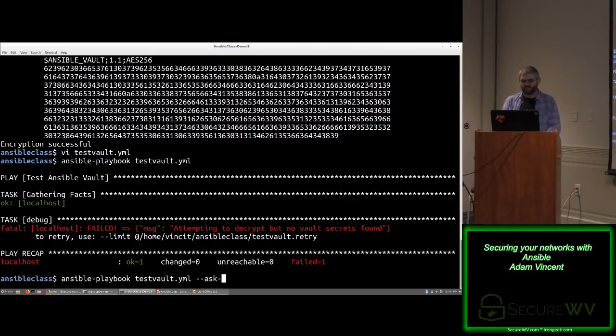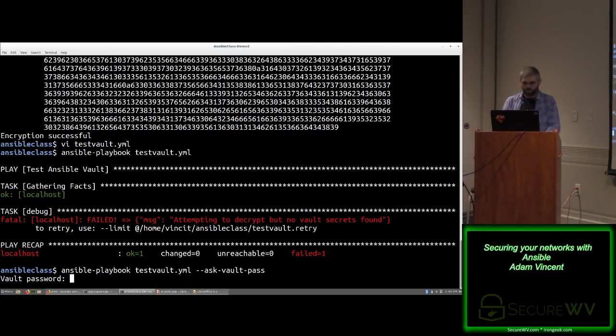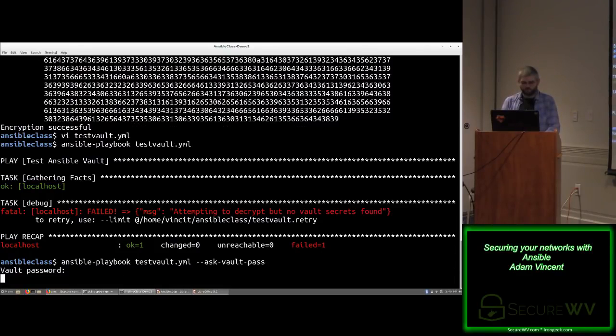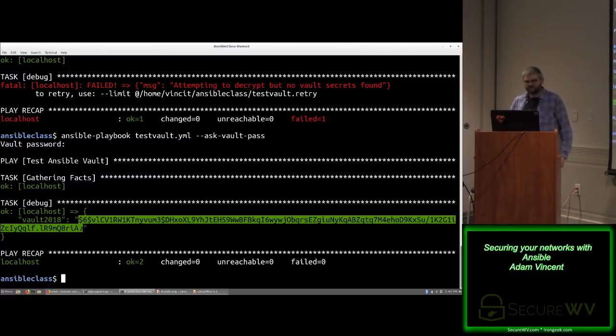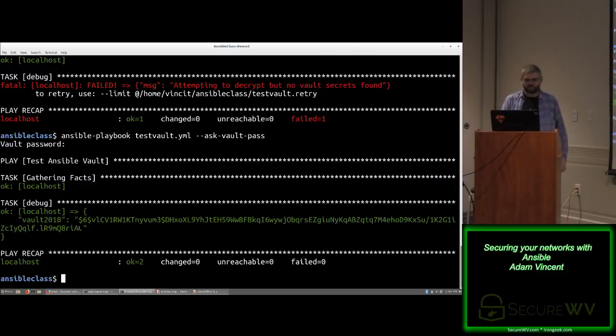And we run the Ansible playbook of test vault. Failed? How did that happen? Oh, we don't have a vault password, because we didn't tell Ansible to ask us for it. Prompt. And we get back